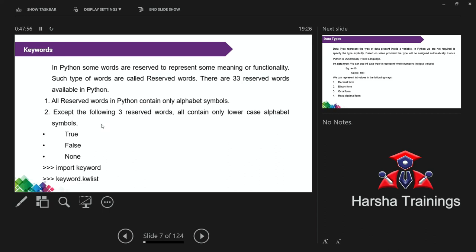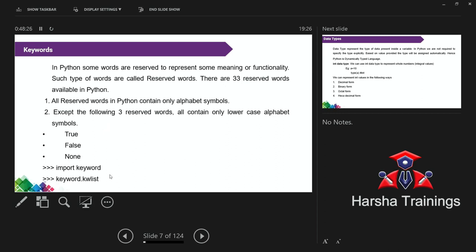And coming to these 3, actually these 3 are also not in uppercase. Only the first letter is uppercase. Observe the minute thing, it is also very important. Under True, T is a capital letter. Under False, F is a capital letter. None: what do you mean by None? You are not initializing any value, that is called None. If you are not giving any value, that is called None.